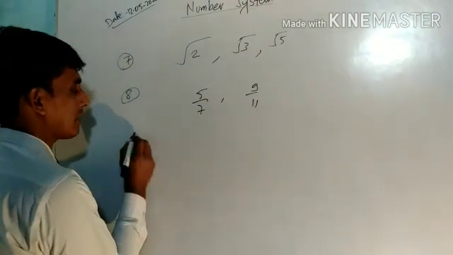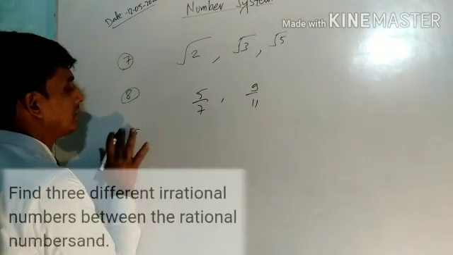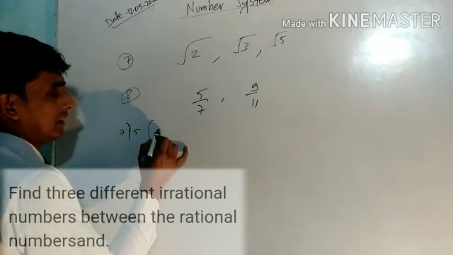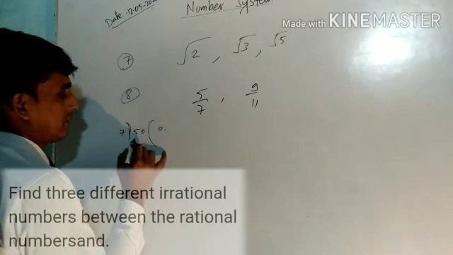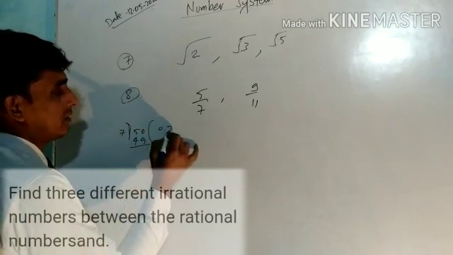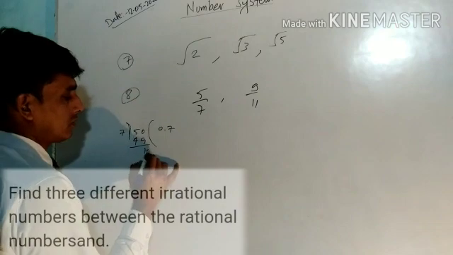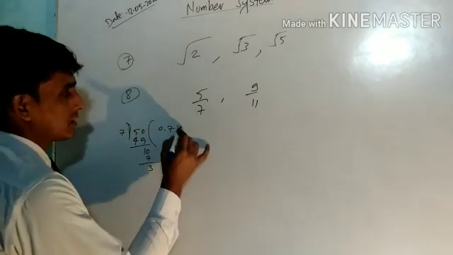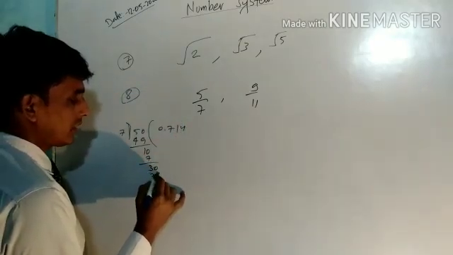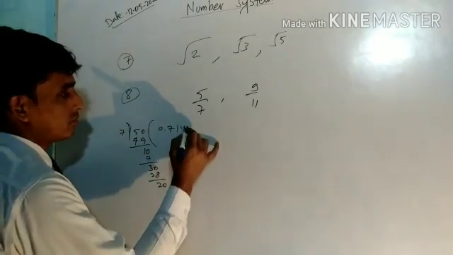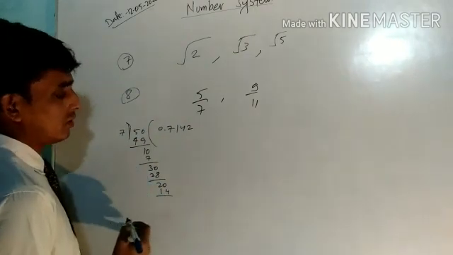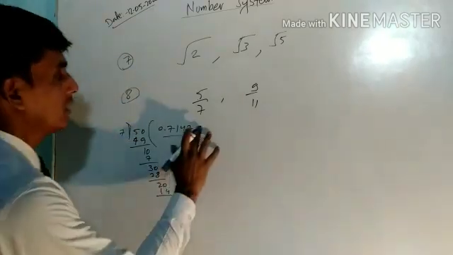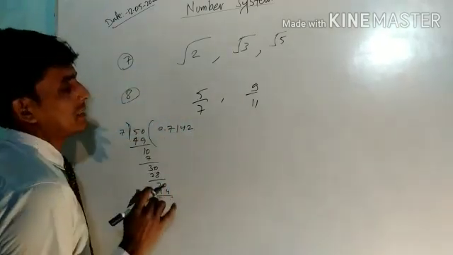First of all, let us find the decimal value of this, 5 by 7. You divide 5 by 7, you will get what? 7 7 ja 49. You are getting 1. So 7 1 ja 7. 3 7 4 ja 28. 2 7 2 ja 14. So you are getting this value, and the division is going on. So you are getting this 0.714.